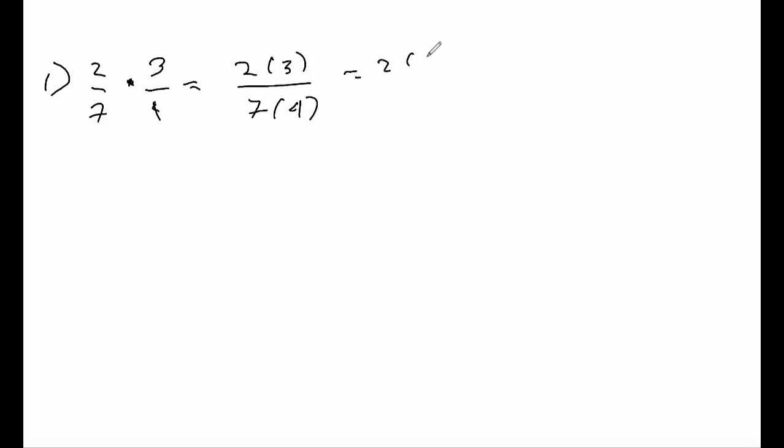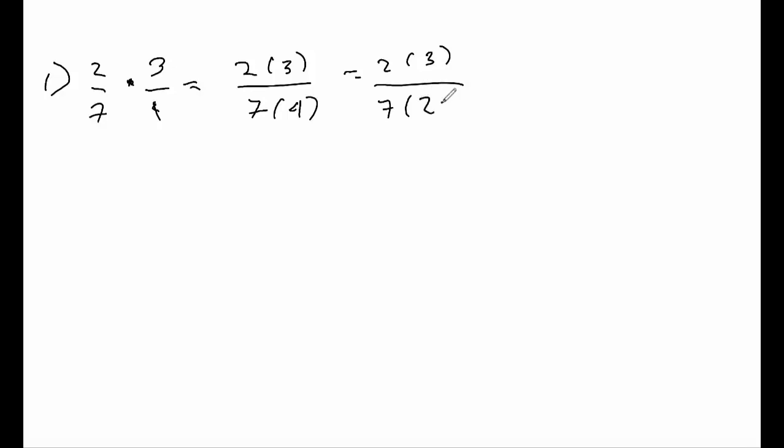So another way that we can approach number 1, where we have 2 over 7 times 3 over 4. Now we can multiply the numerators and denominators, 2 times 3 and 7 times 4. And here what I did was I factored out the coefficient. Now, of course, what I could also do to make things easier and simplify as I go along, I could